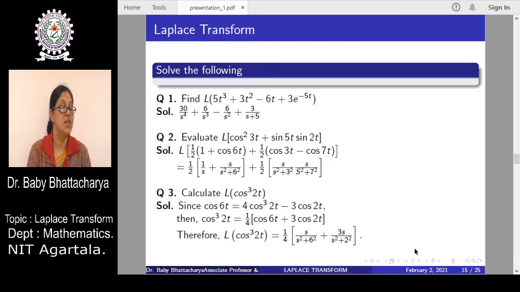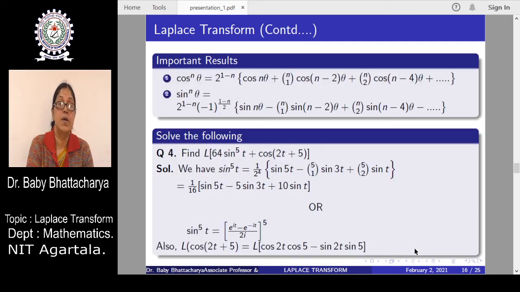So accordingly we have 1 by 4 of s upon s square plus 6 square, whole plus 3 times s upon s square plus 2 square. So we can find the Laplace transformation of this function also. Now